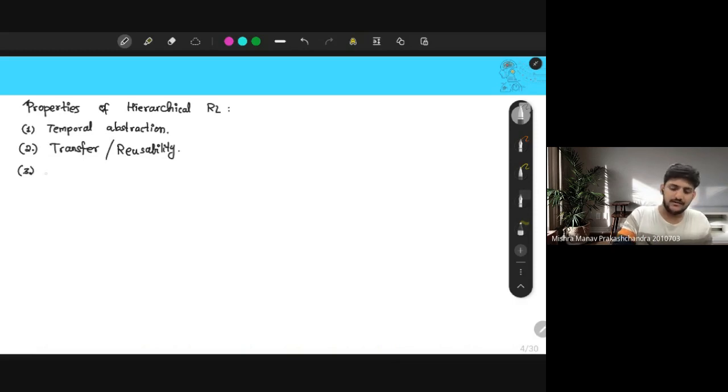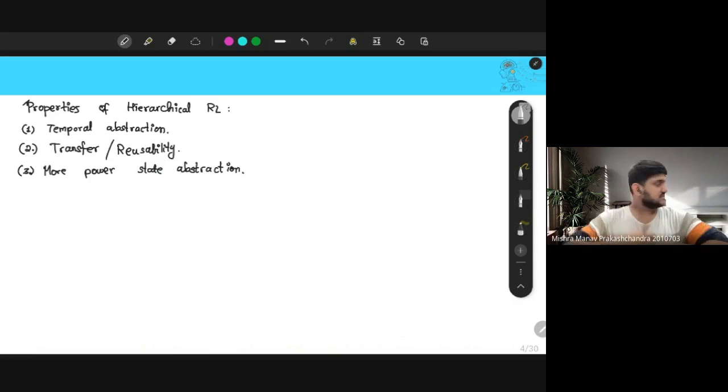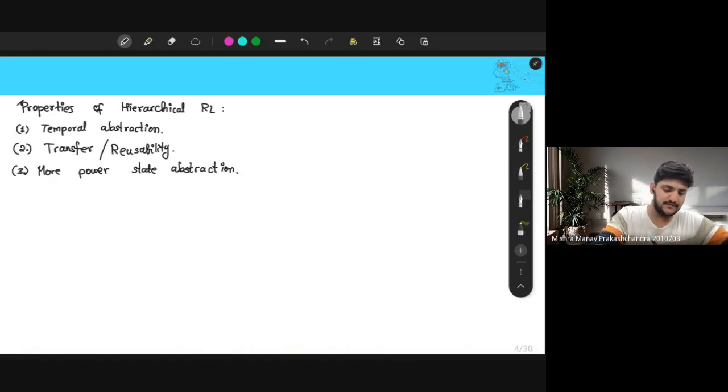Thirdly, we have a more powerful state abstraction, meaning whenever I am trying to solve this problem, I am breaking it down into smaller components. Each state that I'm dealing with, I don't really need to deal with a huge state space, right? Again, if you recollect the example that I showed in the previous slide,